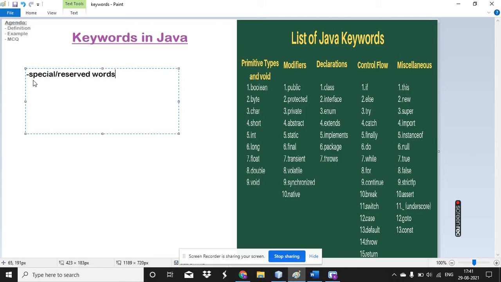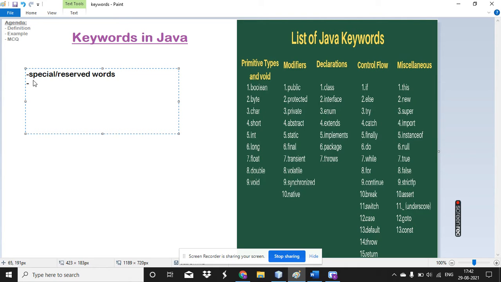Fine. So while developing Java programming, they have come up with a special set of names which is going to be useful while writing your code. So that same name should not be used as a variable name. If it was used like that, then it will create lots and lots of confusion. So to avoid that, they have a special set of words which are not going to be used by the user. Those words are called keywords.